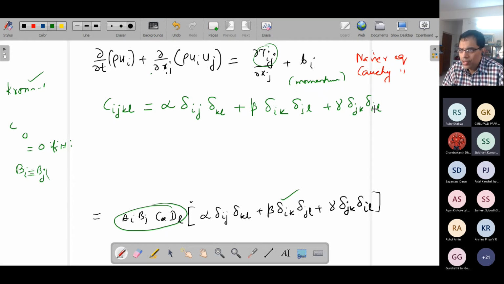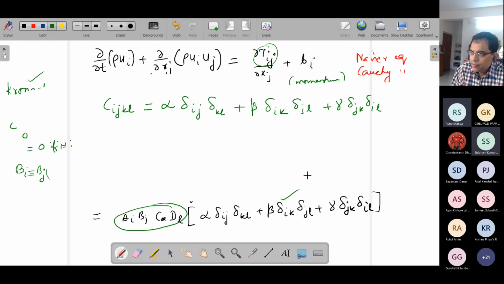So now alpha, beta, and gamma are essentially 3 material constants. When we say these material constants, we have to keep in mind that these material constants